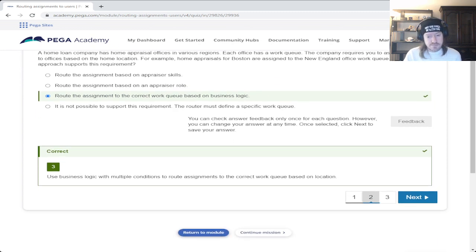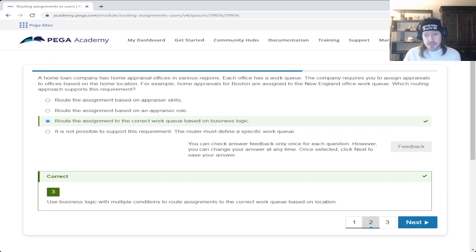Yeah. Of course, you're going to need to make sure that the assigning of the appraisals has that location based in there, so it'll go, oh, okay, your appraisal is coming from this particular office, so therefore it has to go into this regional queue.